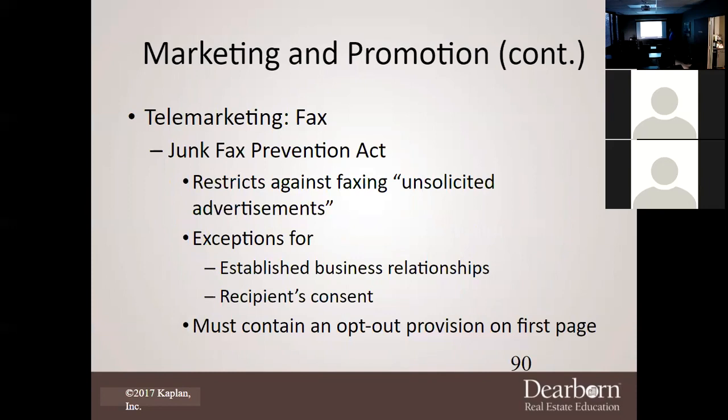Okay. Further, you can't do junk fax. I remember when faxing came out, and I remember working at the lawyer's office, and we'd get so much crap coming through our fax machine, it drove me nuts. Because what happens? You've got to put ink in that thing, and you've got to put paper, and then somebody just sent you junk, and now you just wasted that ink and that paper. Okay. So the Junk Fax Prevention Act restricts faxing unsolicited advertising.